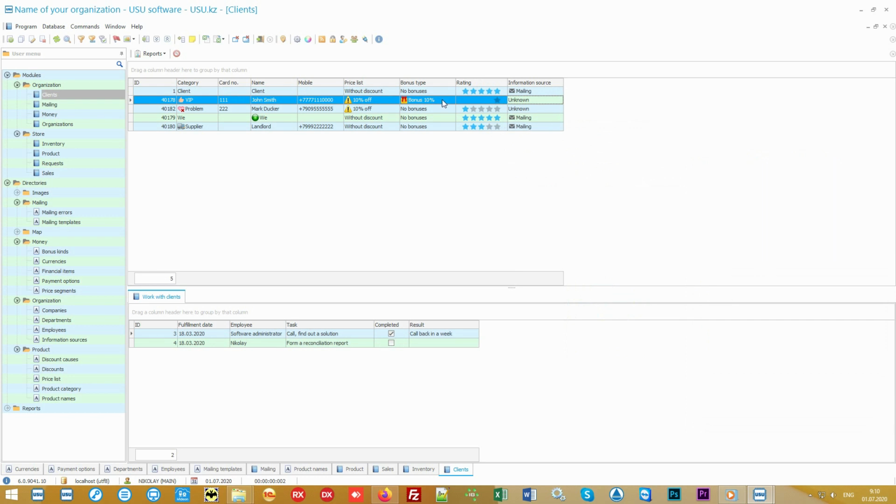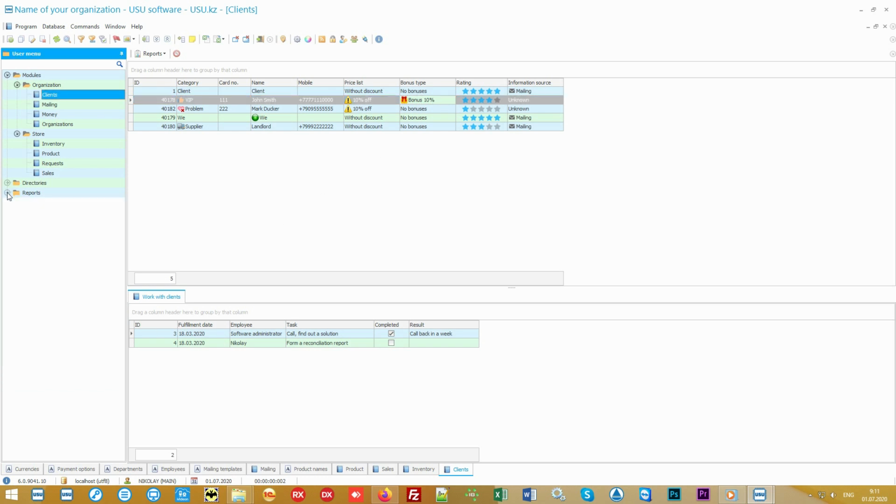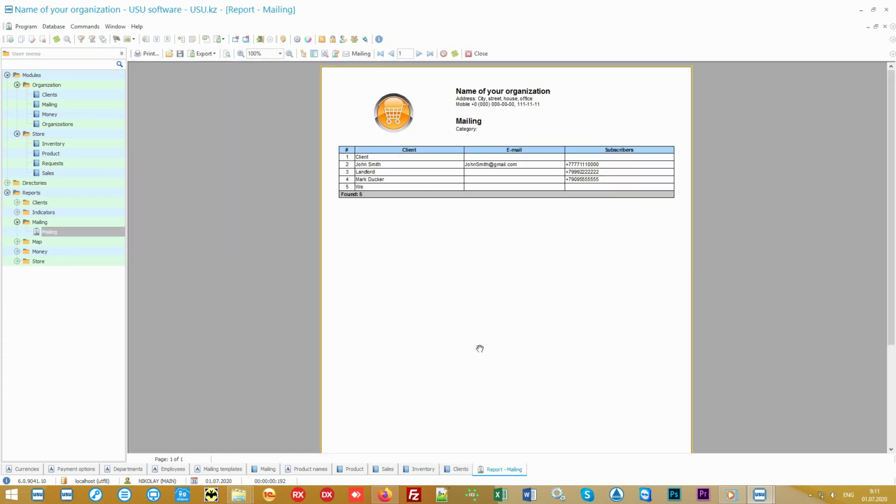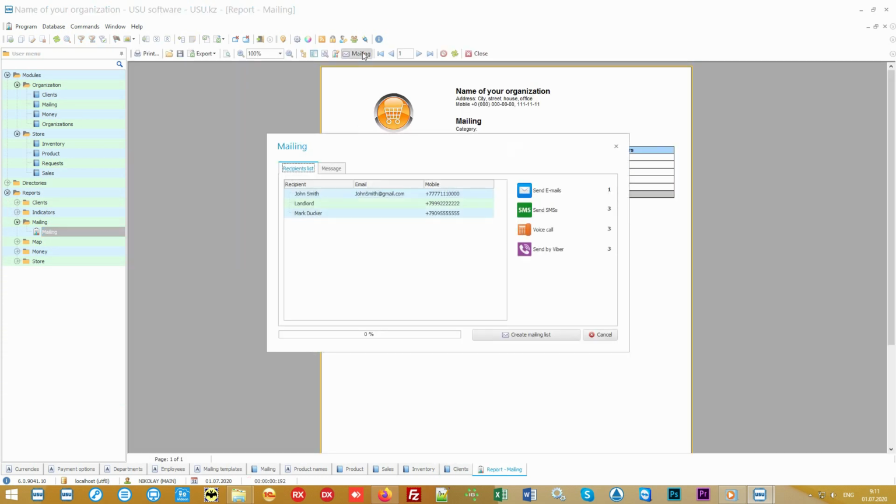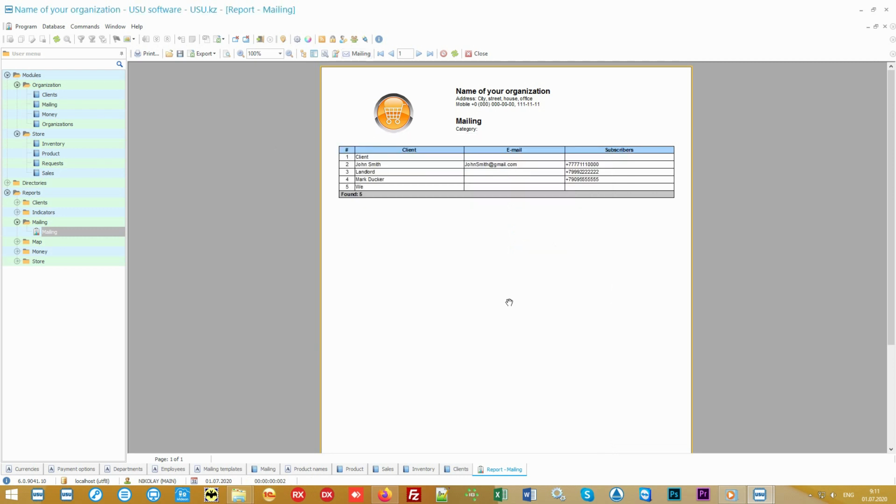Customers can receive bonuses with each purchase. With these bonuses, they can also pay for the goods. This also encourages customers to spend more. Among the other things, you can directly send text notifications from our software to customers about new product arrivals and various promotions. This will also undoubtedly increase your turnover.